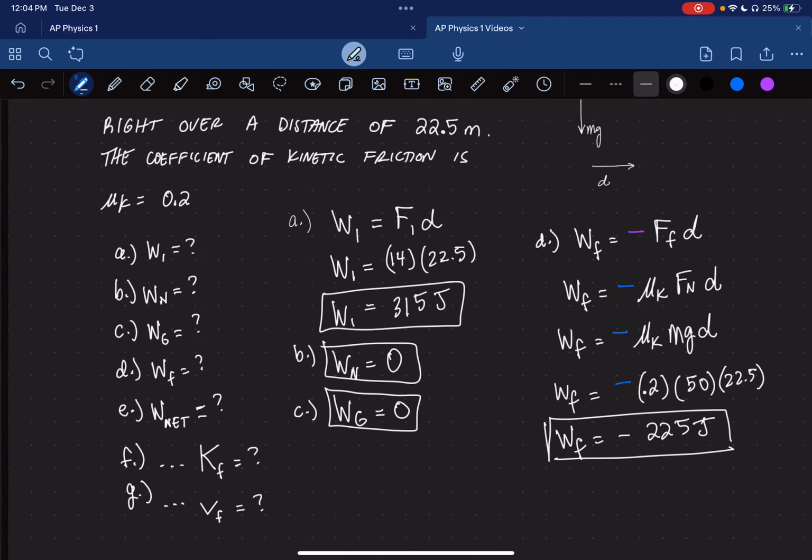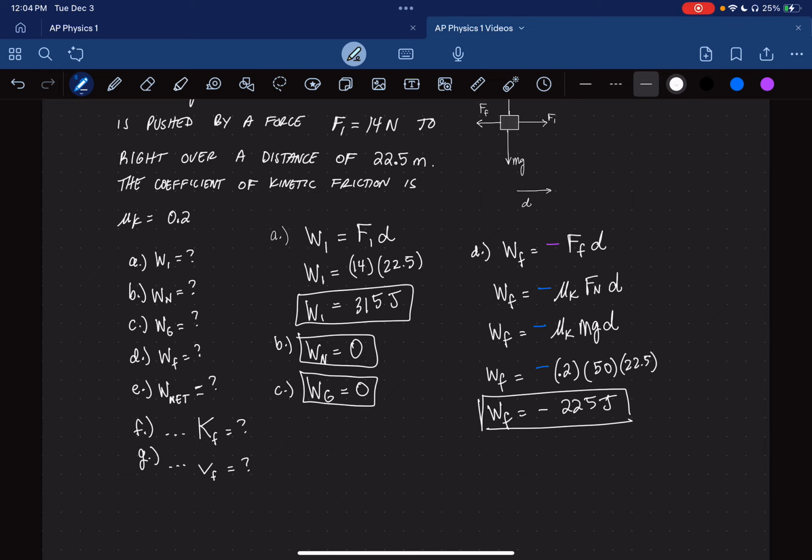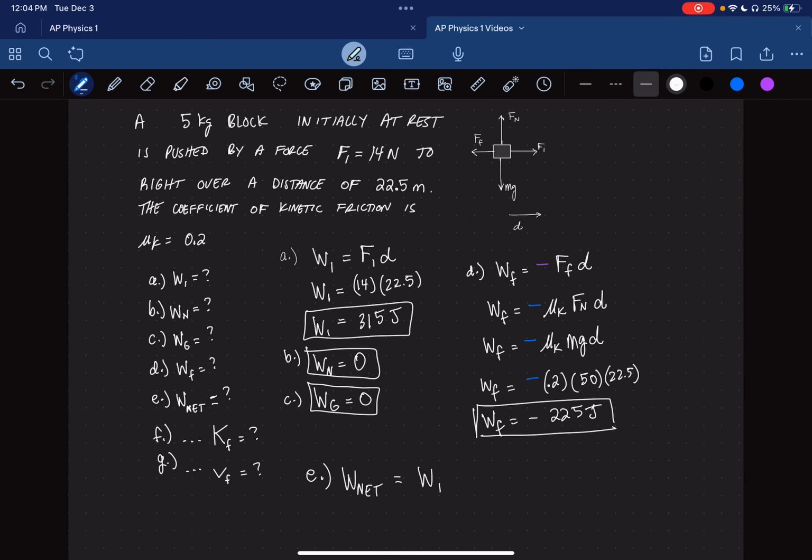Okay, well, there's two more questions, F and G, some more questions there. We will get to those in just a bit. First, we need to figure out part E. What is the net work equal to? I'm going to do part E down here. The net work is another name for the total work done on the object, which includes the work done by F1, the work done by the normal force, the work done by gravitational force, and the work done by friction. And here we can note that we can write down that those are both 0. And so the net work is 315